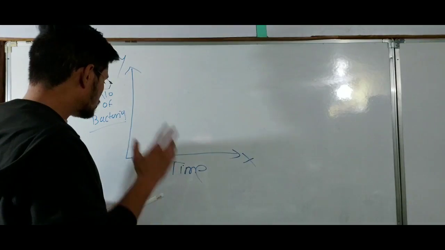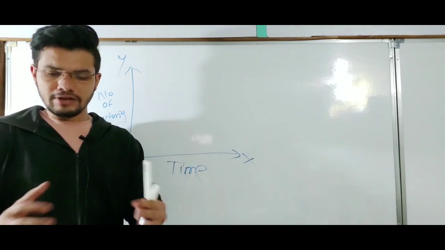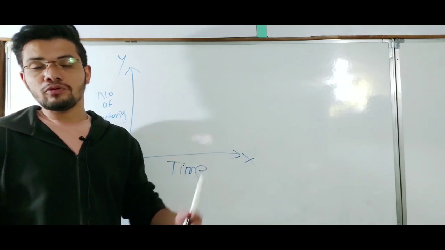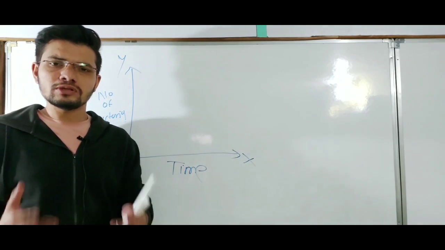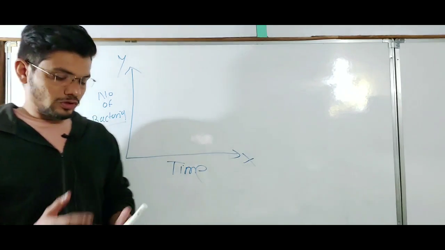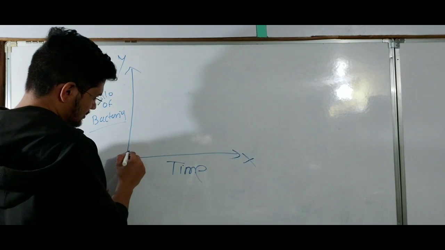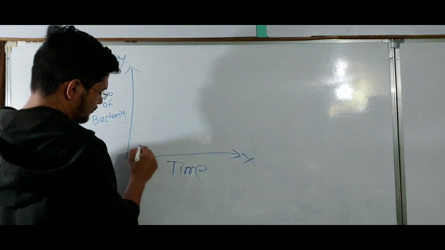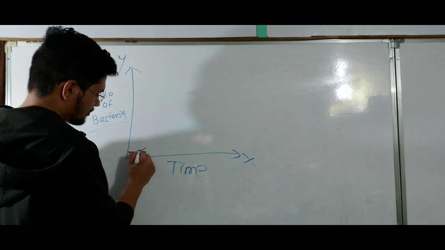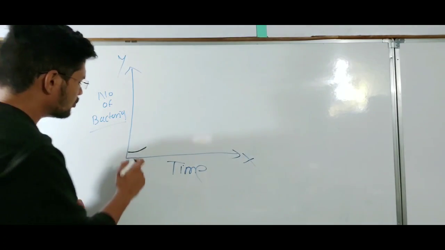So let's say this is the batch culture, and we are providing a limited amount of medium to the bacteria. They will adapt to the environment, and they will produce some enzymes for reproduction or their growth. They will adapt to the environment or the conditions. So the first phase of the bacterial growth curve is the lag phase. Let me draw it with another marker.